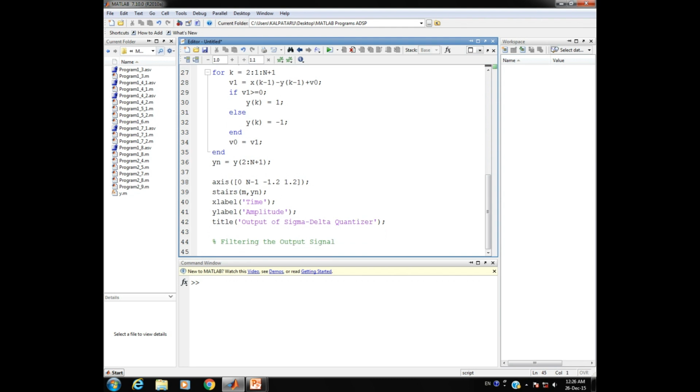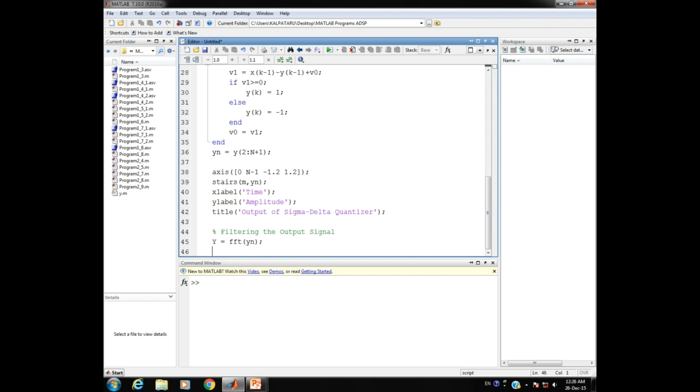Here for filtering purposes we are going to make a switch from the time domain to the frequency domain. So let us use the FFT command, the fast Fourier transformation, and this will be operated on the output signal that we have generated and stored in the variable named small yn.